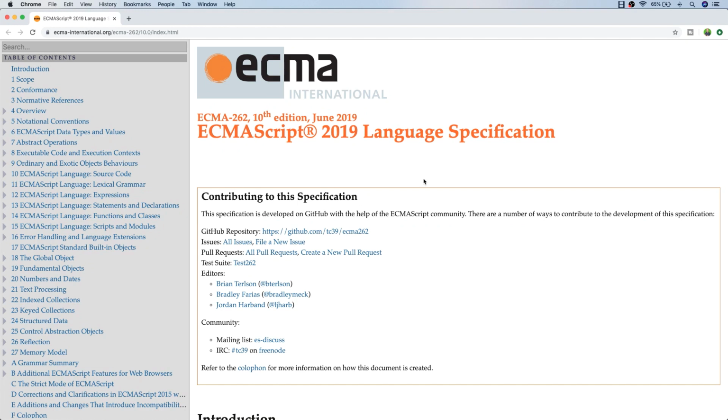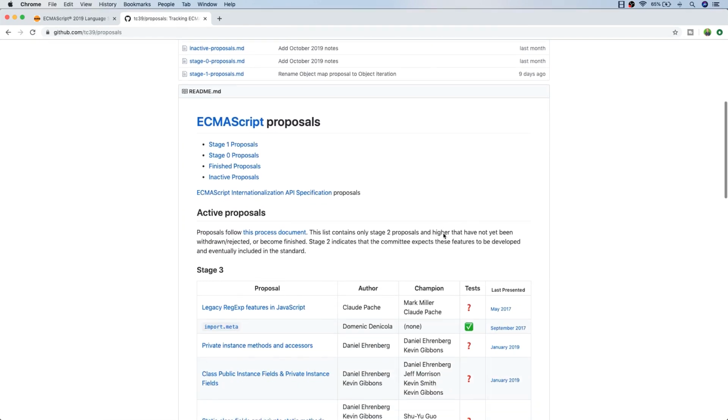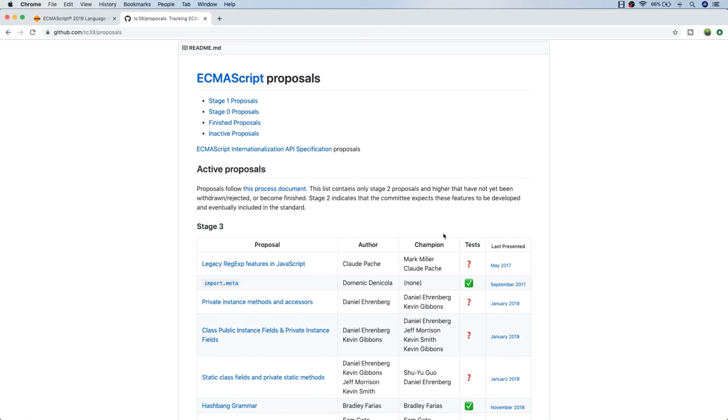If you take a look at the link to the GitHub repository that they provide for you, you'll see that there are links to different proposals for changes to the language that are at various stages of being approved and implemented. So whilst this will give you a broad overview of the features that are in progress or have already been implemented, probably your best bet is to keep up to date with the latest blog posts, news and training videos